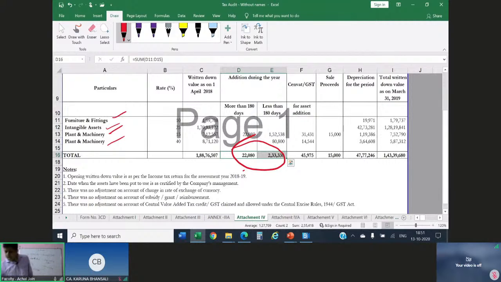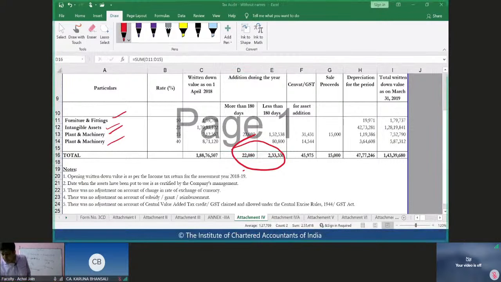Now, in case this has already been done, and we have been discussing that the most challenging area for an auditor happens to be completeness testing, which is also fulfilled. So what do you think can be an additional procedure required to be performed by an auditor in respect of fixed assets, or specifically in respect of additions of fixed assets? Let's think about that. What can be those additional procedures?